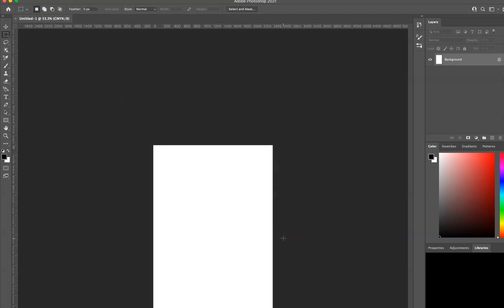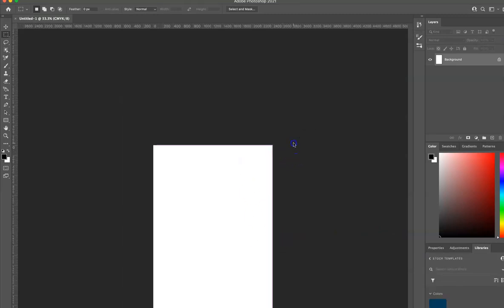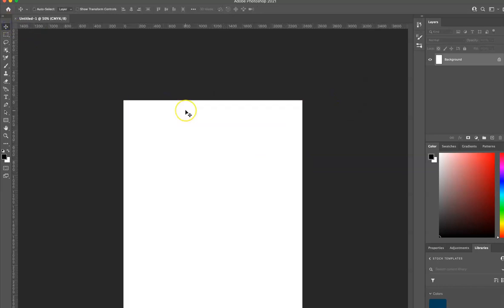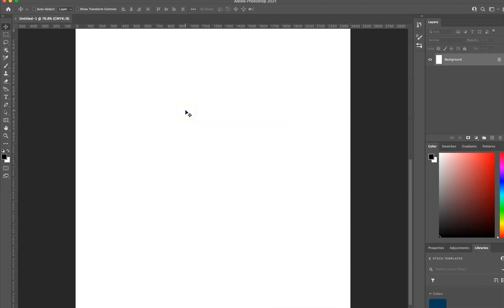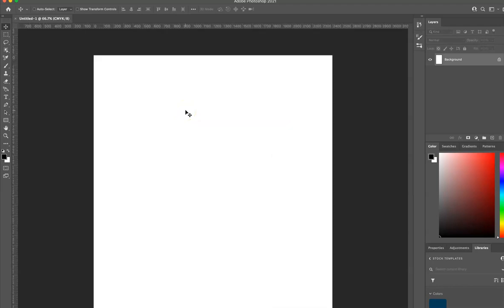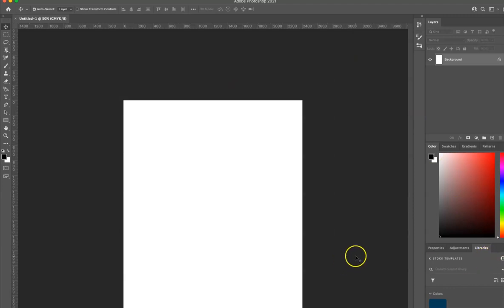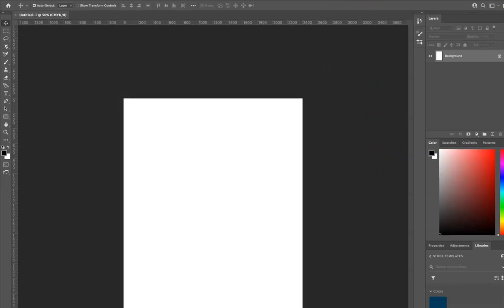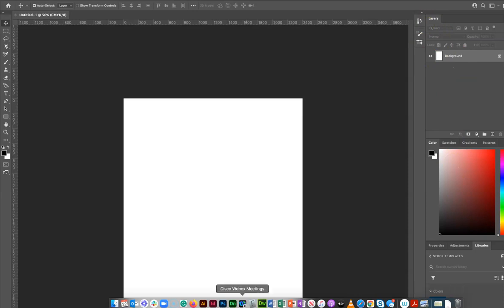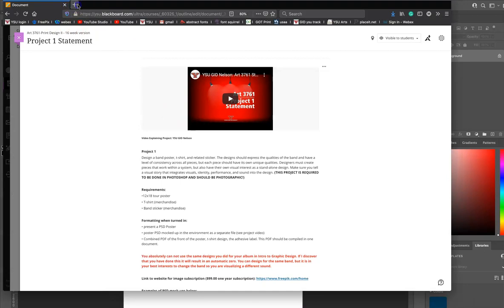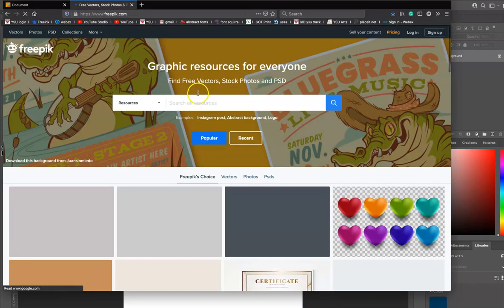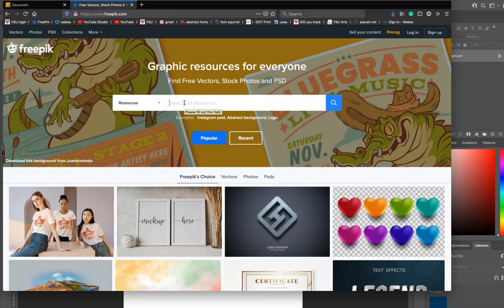So this is our document. All of you have had digital imaging, so I feel pretty comfortable assuming that you know how to set up a Photoshop document and then it has layers just like Illustrator. I'm going to use my free picks to find a dark background,